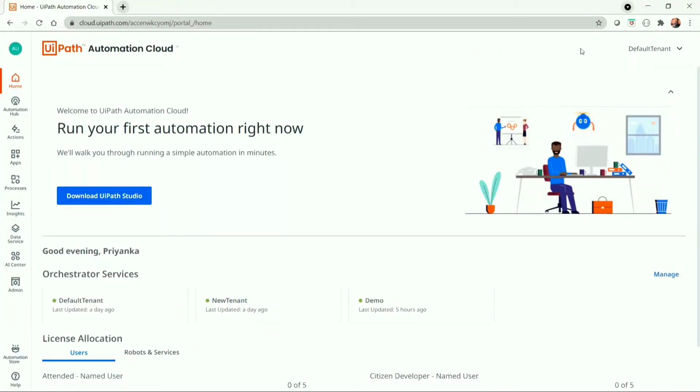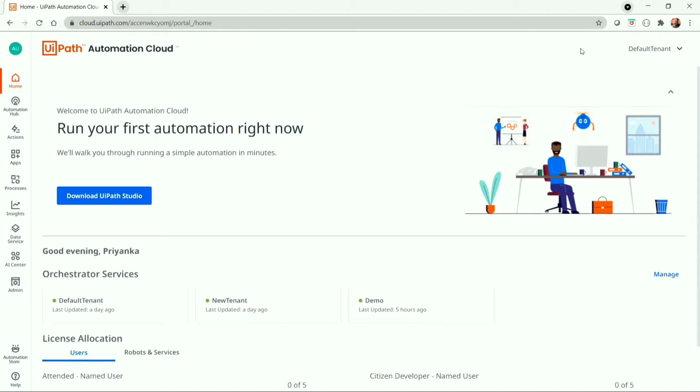I'm Priyanka. After signing into UiPath Cloud Orchestrator, you might be wondering how the user interface got changed or how you can find the entities or resources related to UiPath Orchestrator. So let me tell you, it's the UiPath 2021.5 update. And in this release, you will notice some changes in the user interface of Orchestrator.